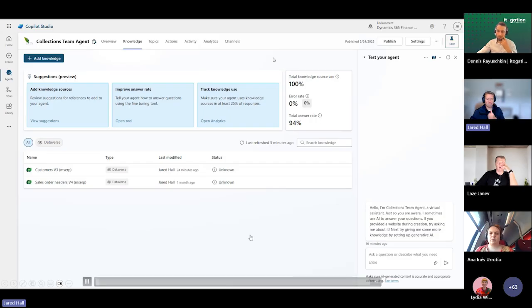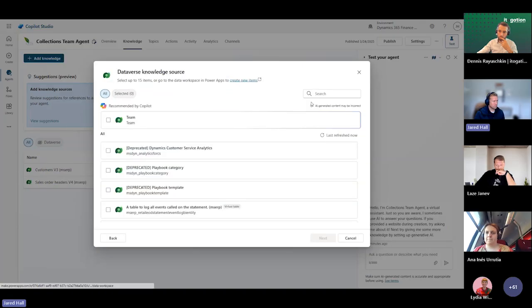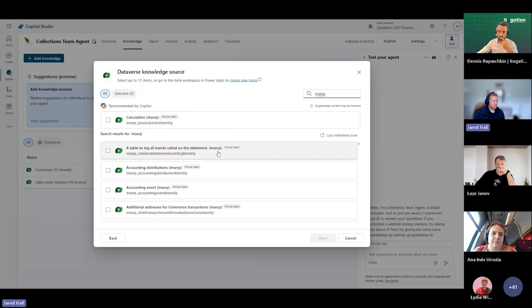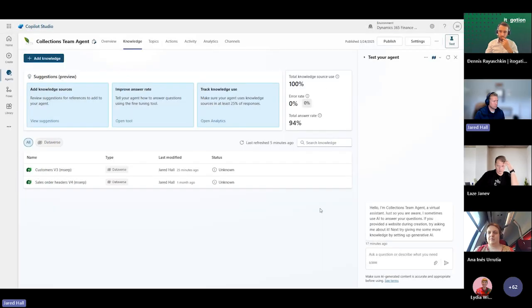F&O virtual entities are available as knowledge sources in Copilot Studio, giving agents much more flexibility in the use of ERP data. When adding a knowledge source to an agent, if I search for MSERP, it shows me the list of all virtual entities that have been generated in this environment and are available to be added as knowledge sources to this agent. In this example, I've added a couple of entities that show me customer and sales information for my collections